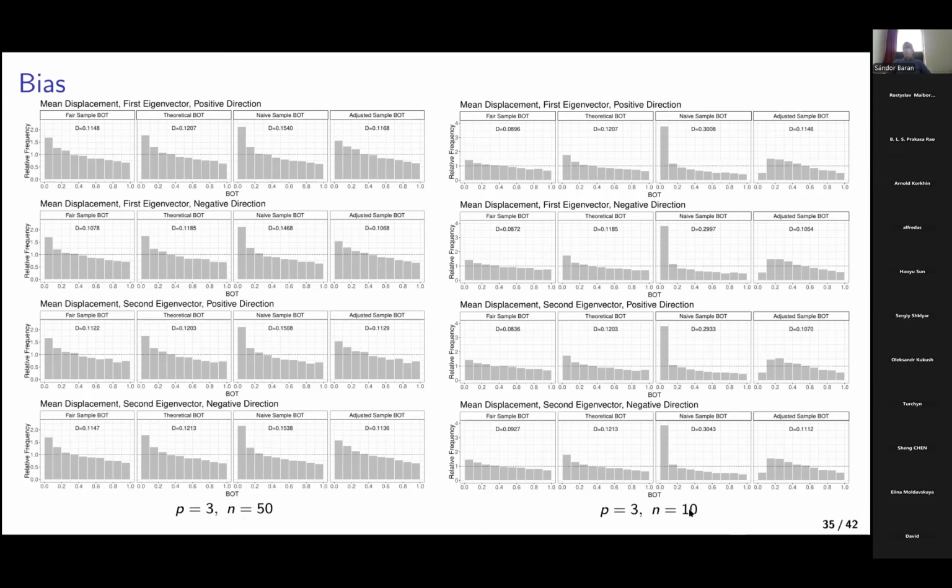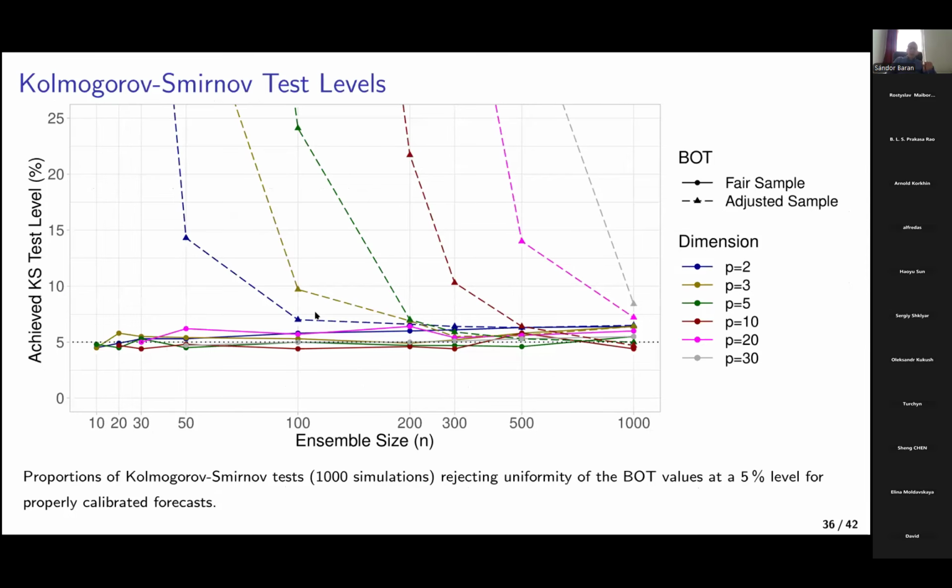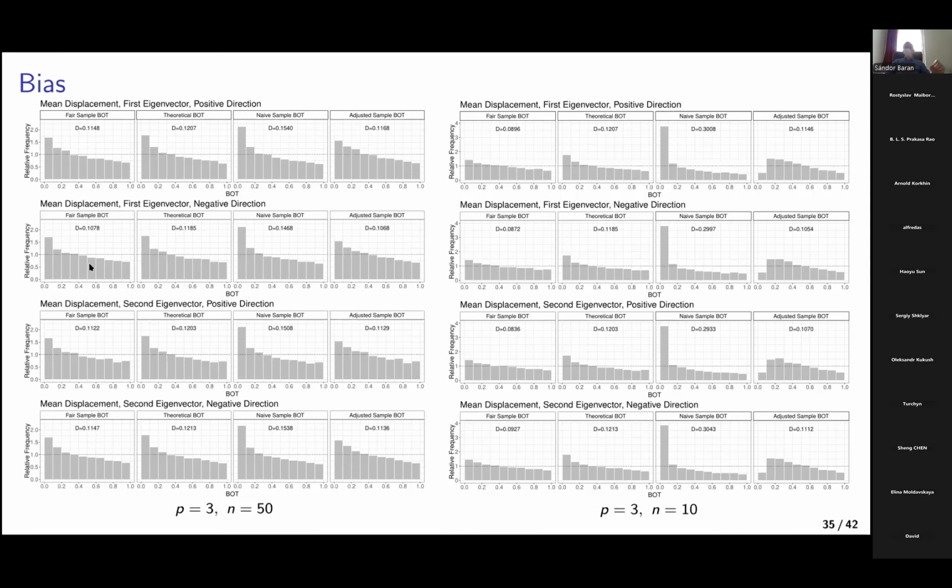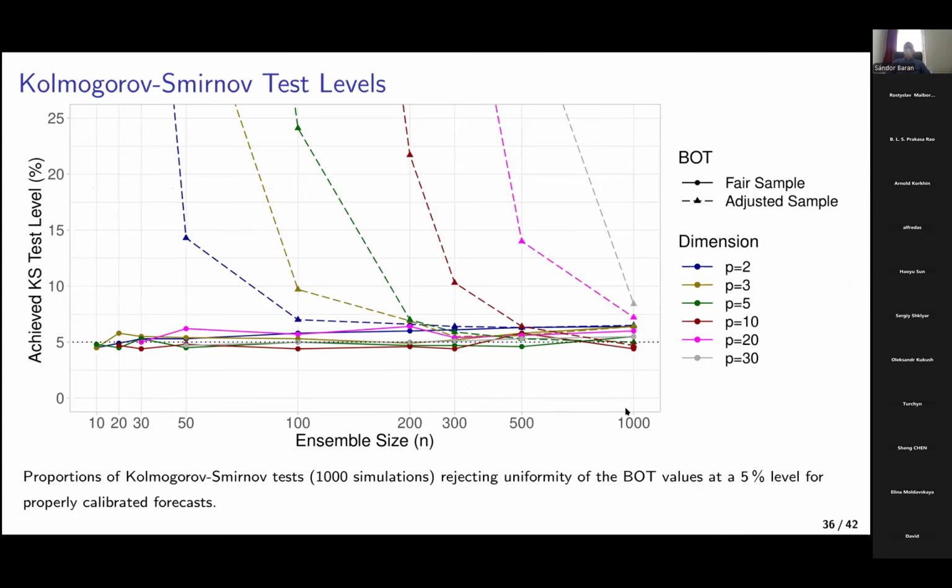Here, with small sample size, 3 dimensions, again the first two result in the same figures and close values of Kolmogorov-Smirnov test statistics. Here you can see completely different pictures. Again, this confirms the superiority of the derived fair version of the sample BOT. Now, all of these figures are based on 10,000 simulations, 10,000 forecasts of different sizes. Now we repeated these 10,000 simulations 1,000 times,